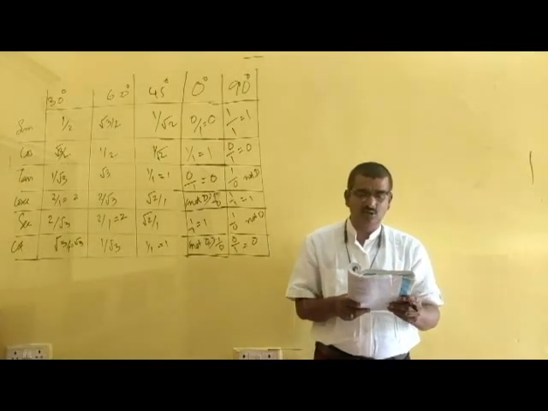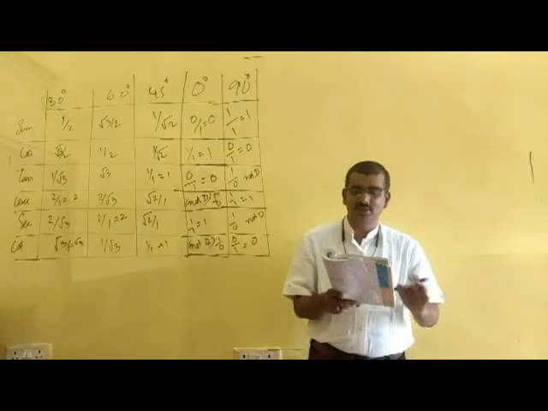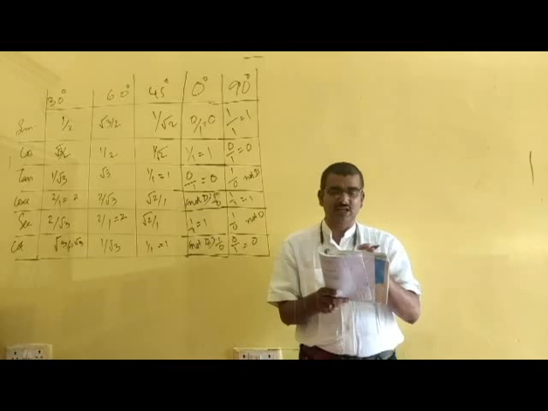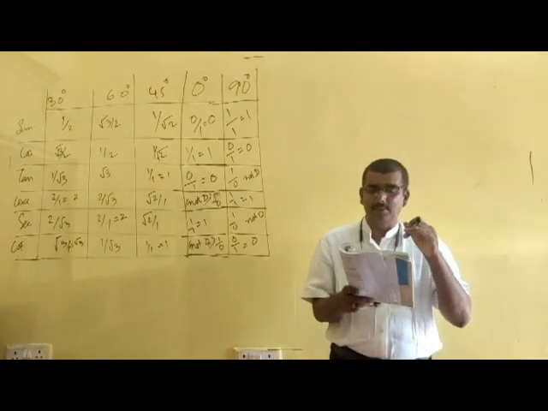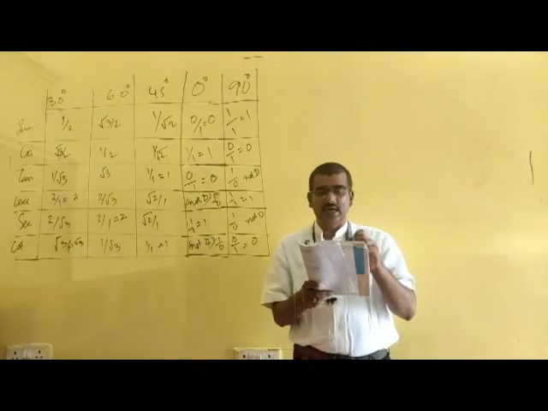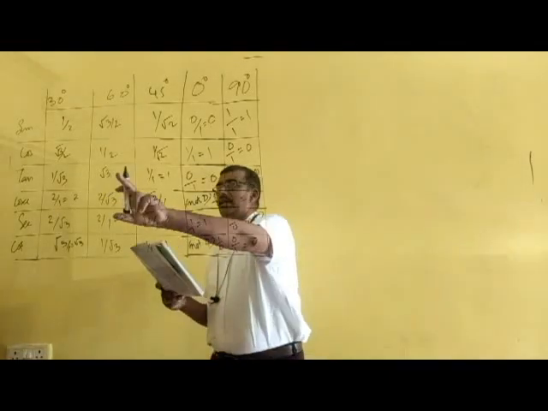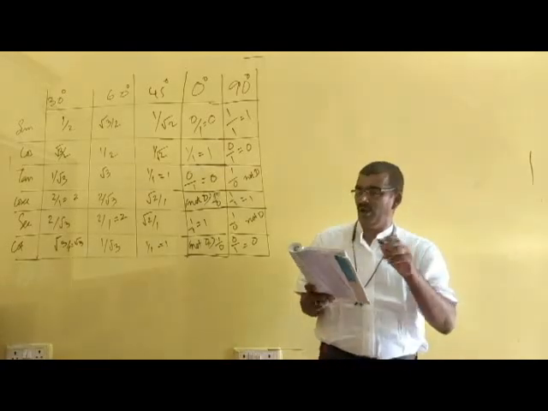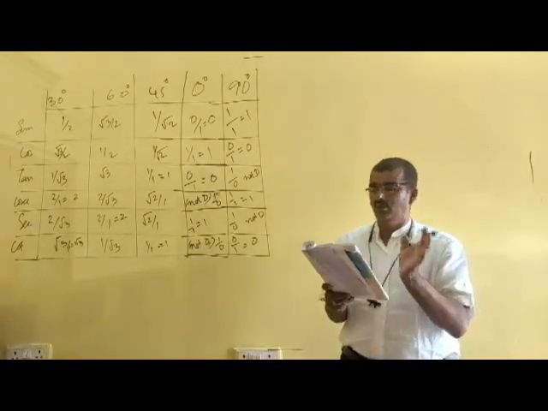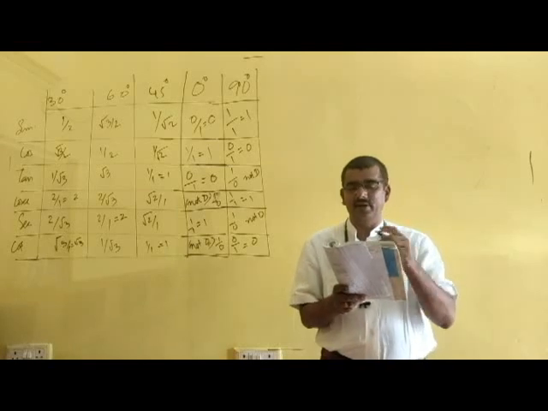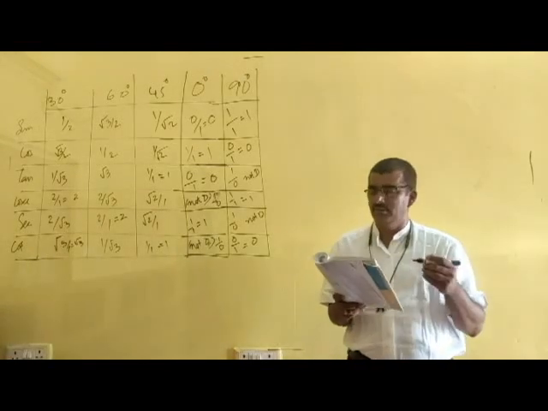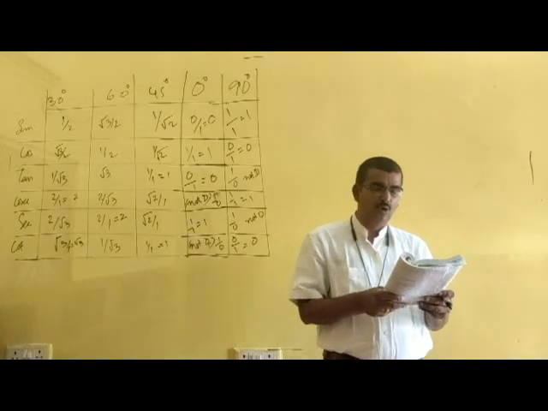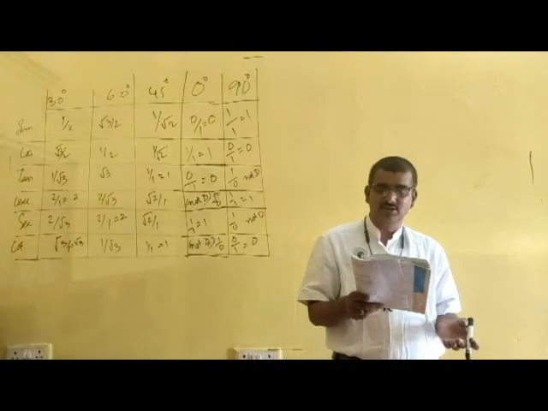Now choose the correct option and justify your choice. So 2 tan 30 degree upon 1 plus tan square 30. If you know tan 30, you have to substitute that value there, and tan square 30 means you have to square it, add it with 1 and divide 2 tan 30 degree by it. Then you can find out the answer of question number 2 also. Number 3 is also just a substitution only.